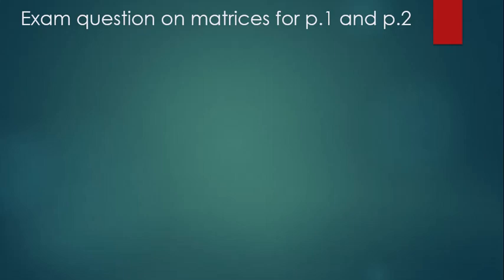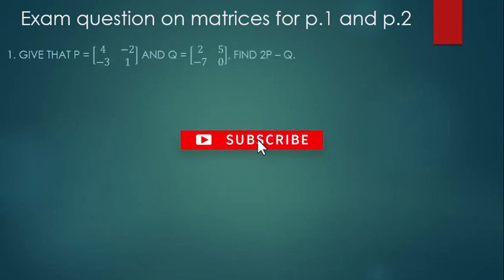Today we'll be revising some exam questions on the test that we did in our online class. Okay, so today we have our first question. Given that P is equal to 4, 3, negative 2 and 1, and Q is equal to 2, 5, negative 7 and 0, find 2P minus